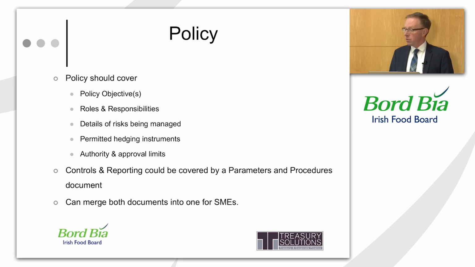And it will also deal with then authority limits and approval limits. So again, as I've referenced already, you might have a financial accountant who can do a certain level of transactions, a financial controller who can do a higher level of transactions, and then you should also have approval limits around it. So financial accountant transactions may have to be approved by the financial controller. The financial controller should probably have it approved by a director or the CEO or something like that, just to keep it tight. And then controls and reporting will be covered by the parameters and procedures document. In other words, what controls do I have around dealings to make sure that people can't deal in big amounts, can't deal in the wrong hedging techniques, and can't enter into transactions for too long a period.